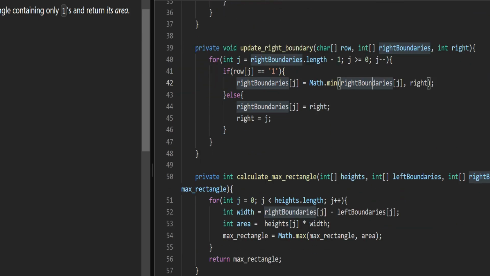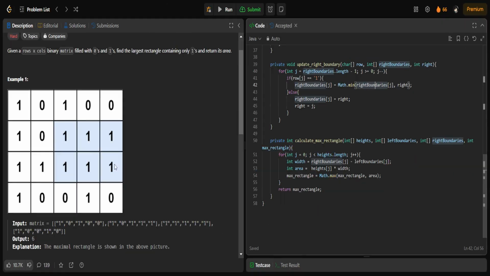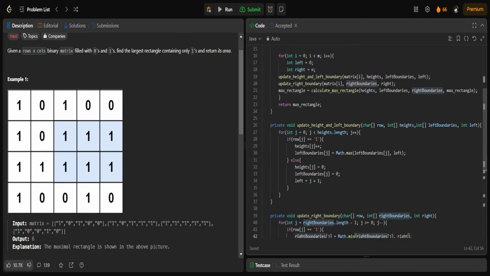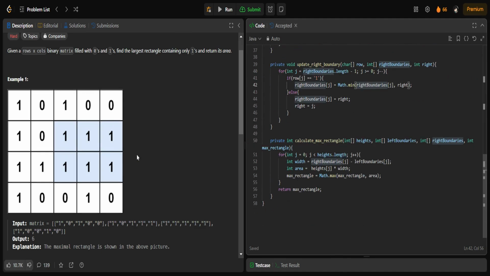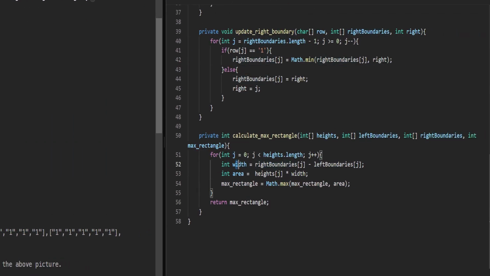Now, coming to calculating the maximum rectangle area. See, the main result of our question was to find the largest rectangle as well as its area. So for finding the area, we'll first find if that is the largest rectangle, which means we'll have to calculate the width of the rectangle, which is simple logic.